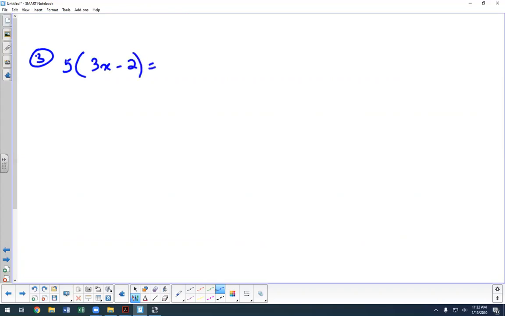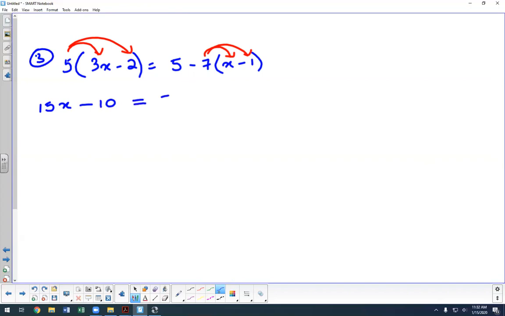So as long as you keep track of your signs and follow your math, you should be able to solve this. So again, start with that distribution. So we will multiply the 5 inside the parentheses and the 7 inside the parentheses. So 15x minus 10, right? 5 times 3 is 15, 5 times 2 is 10, equals 5 minus, and then we're